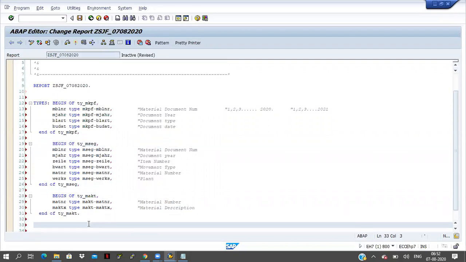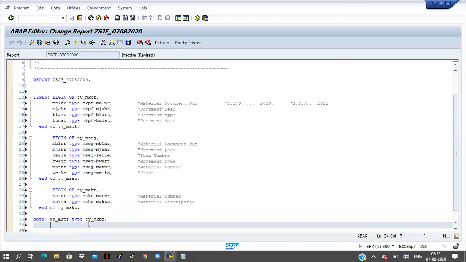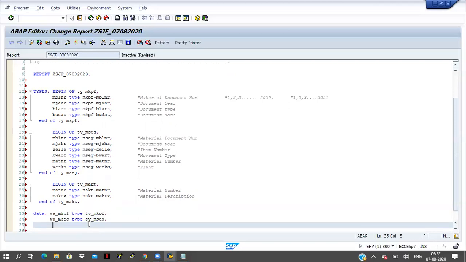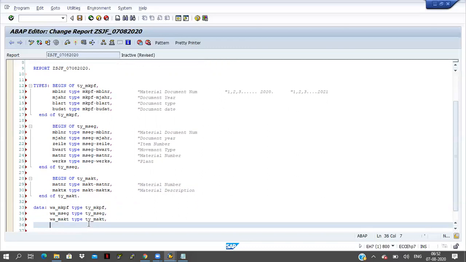Now I want to declare work area MKPF type ty_mkpf, and one more work area for work area AMSEC type ty_amsec, and work area MAKT type ty_makt, and internal tables.